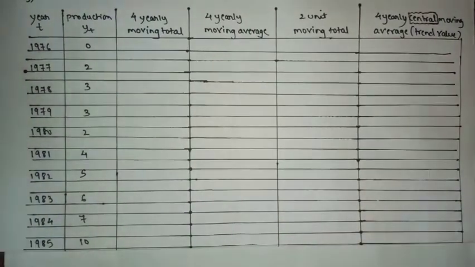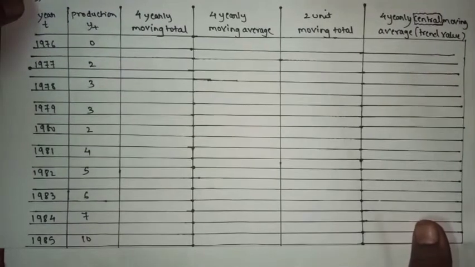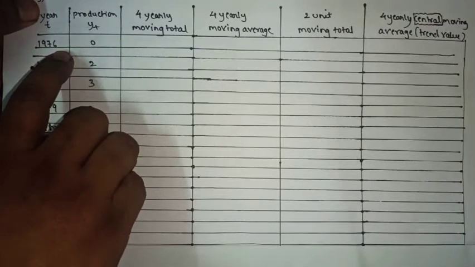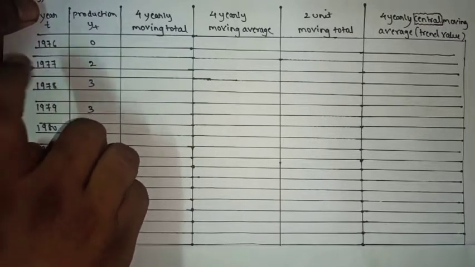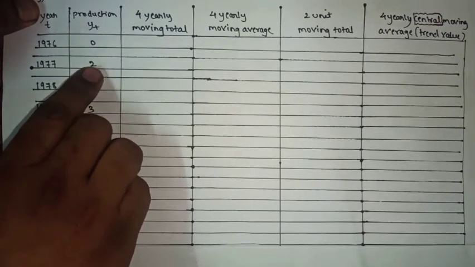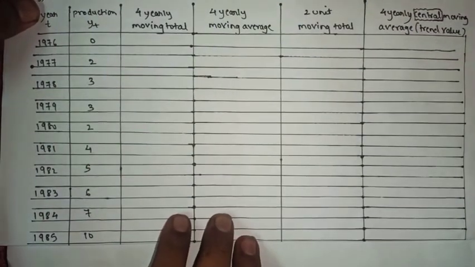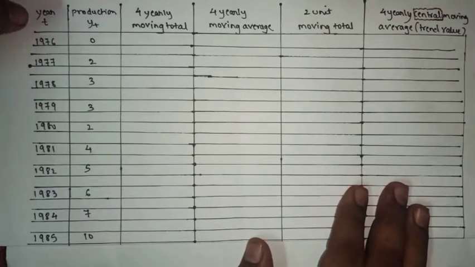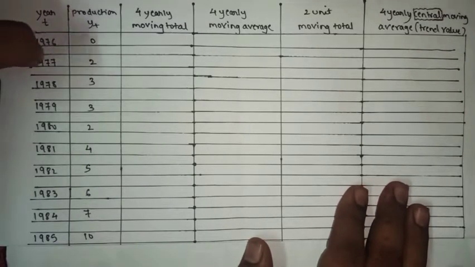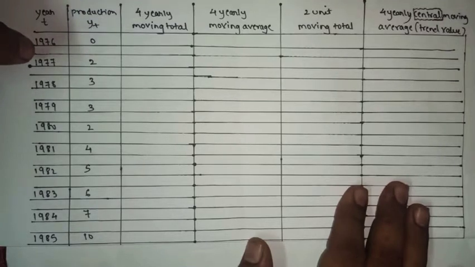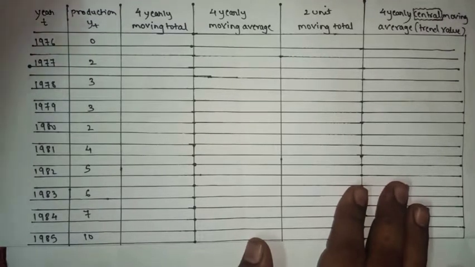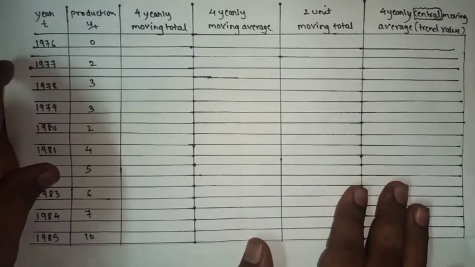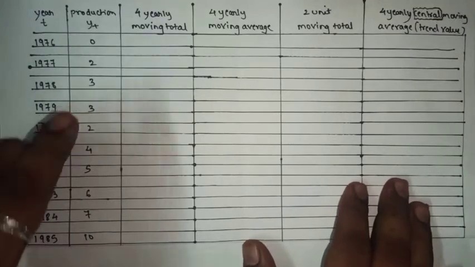Why so? I will explain afterwards. So remember, for 4 years it is compulsory to blank one line and then write year, then blank, then year, blank, then year. Same for the production also. Understood? But for 3 and 5, it's okay. There is no need of skipping any line. But for 4, it is compulsory that you skip one line, then write here, blank, and then here. Understood? For 3 and 5, it's okay.